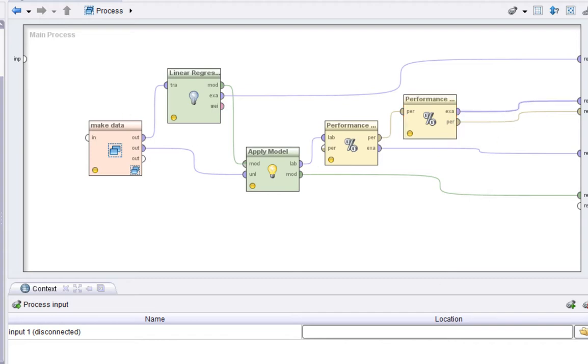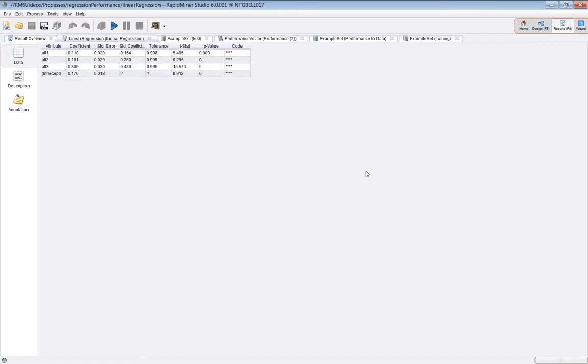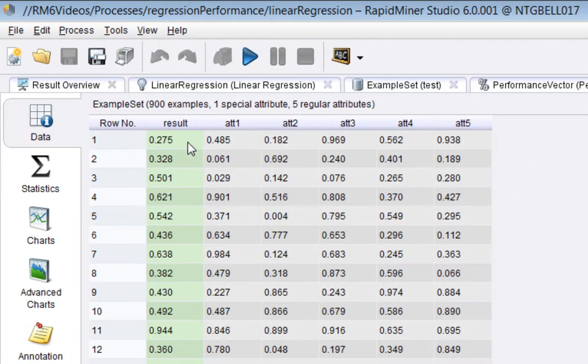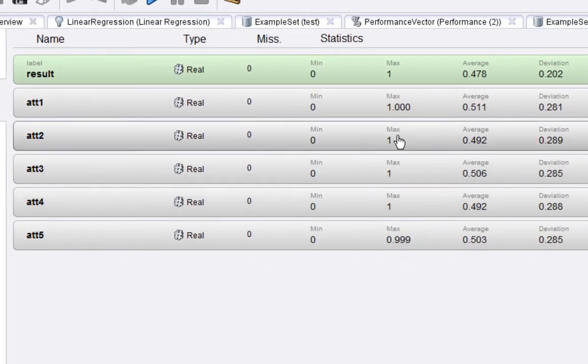So if I run the process all the way through, we see here's the training data. It's got a result, which is a label, and 5 attributes, and they're all numbers. And you can see that the numbers each seem to be in a range 0 to 1, with an average about 0.5 and a deviation of 0.2, 0.28. And you could spend time looking at that. Let's have a quick look at the